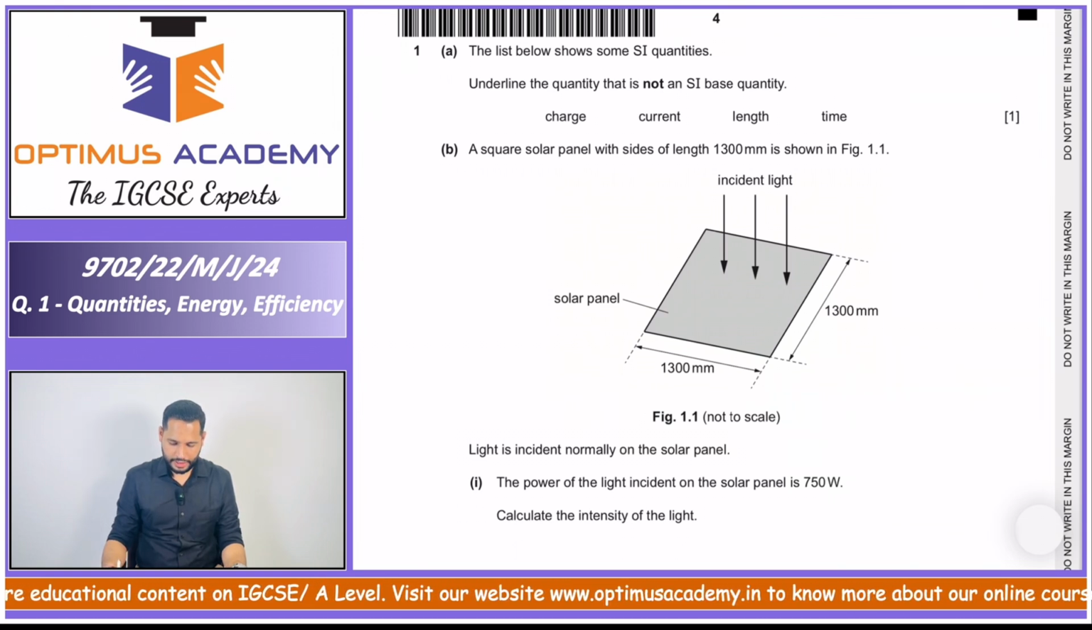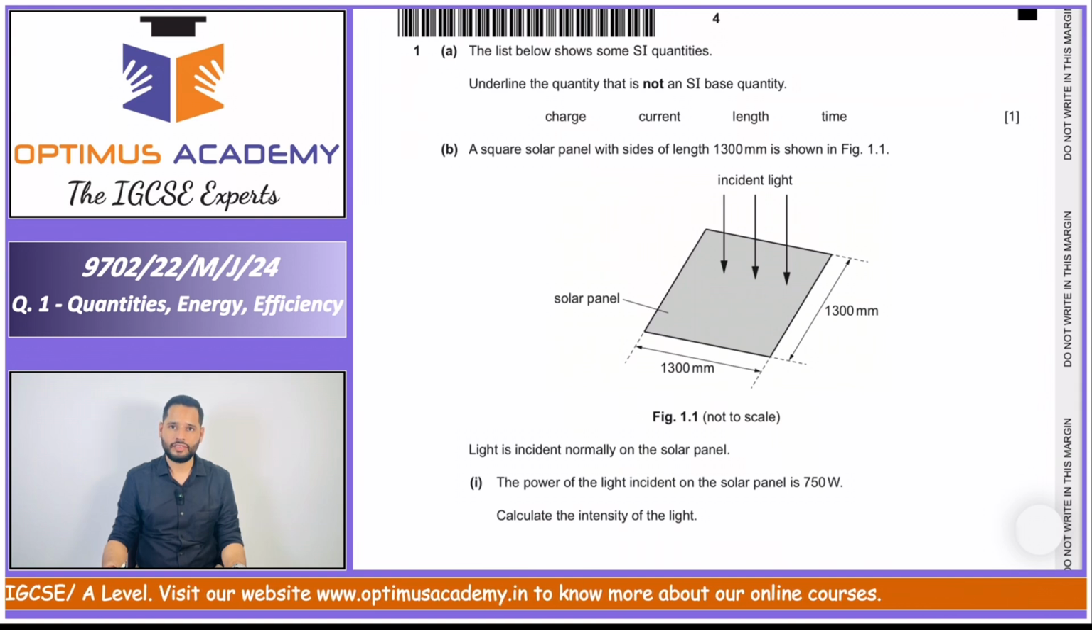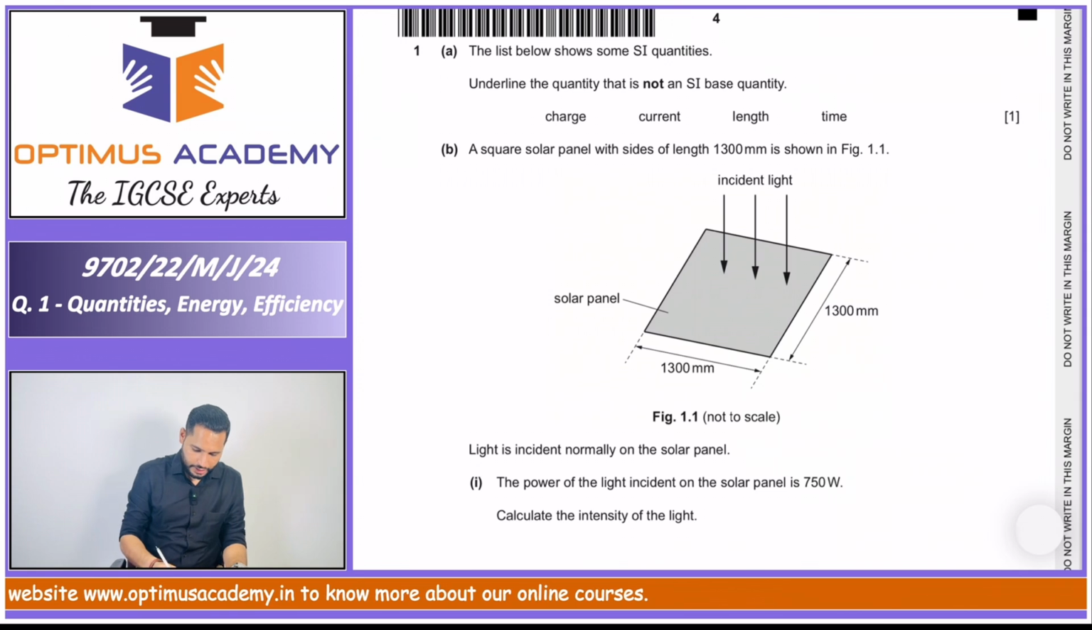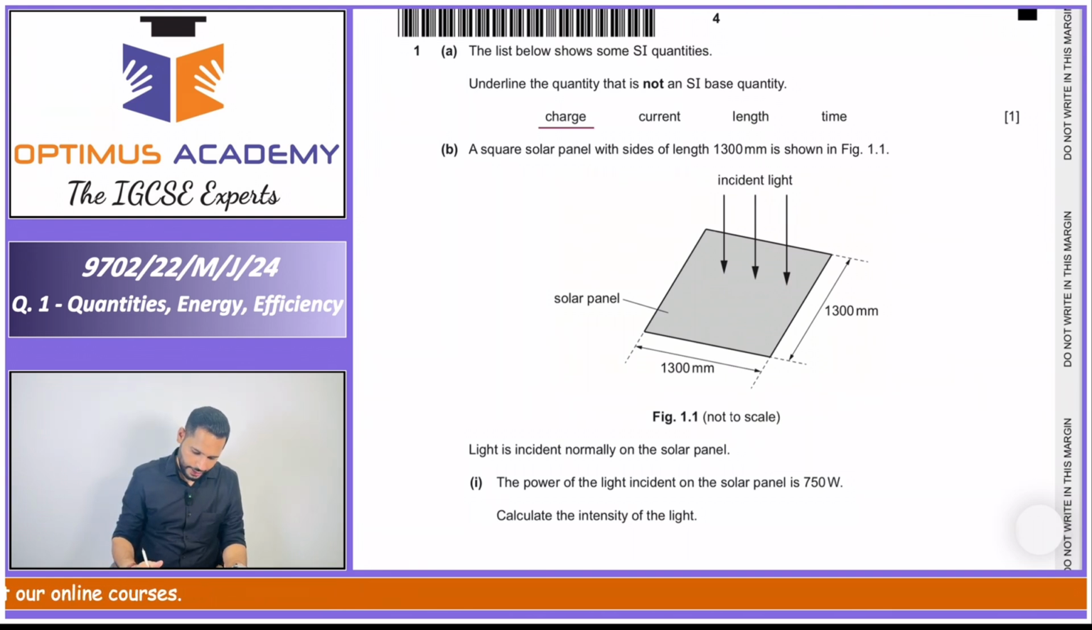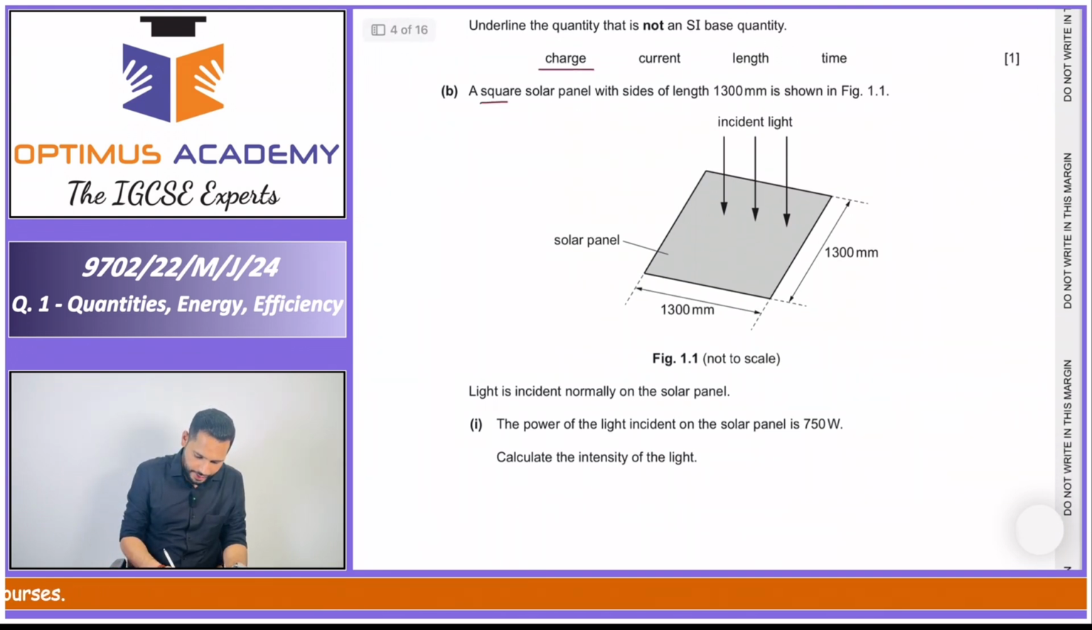Now out of the list that they have given, we know that current, length and time are the fundamental quantities or SI base quantities. But charge is not an SI base quantity because charge is calculated as the product of current and time. Next question, it says a square solar panel with sides of length 1300 mm is shown in the